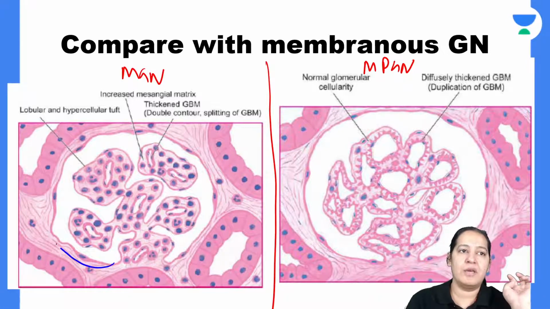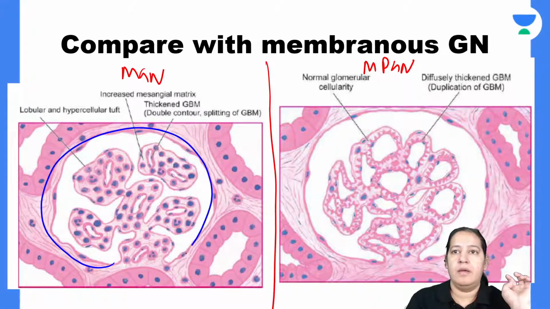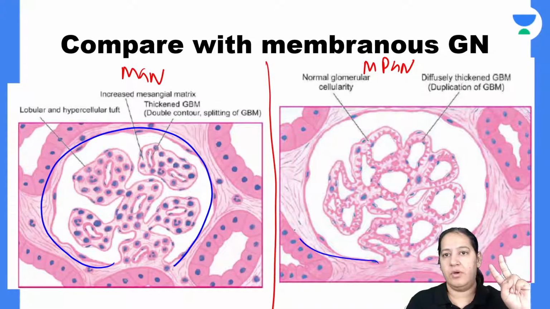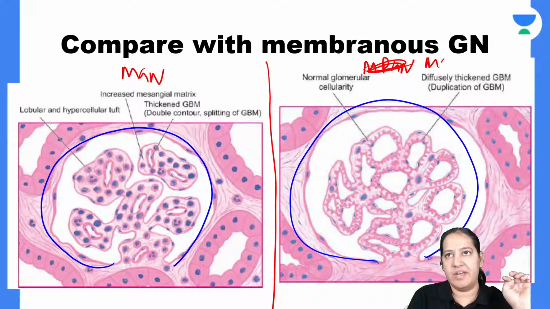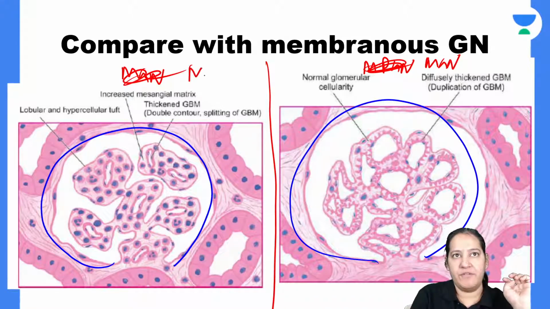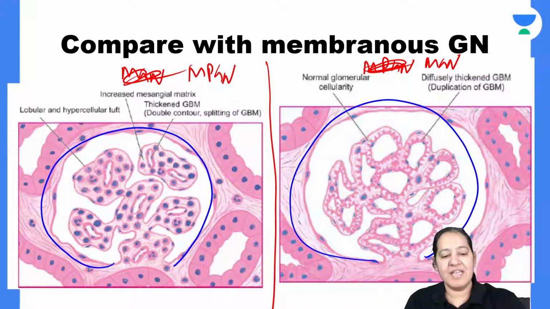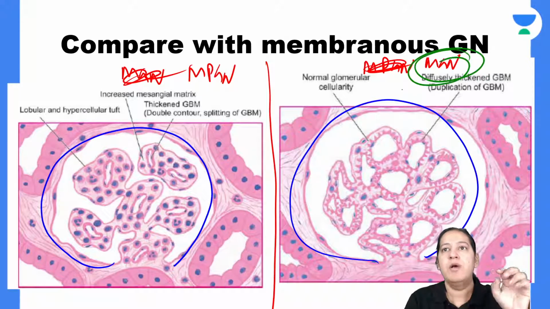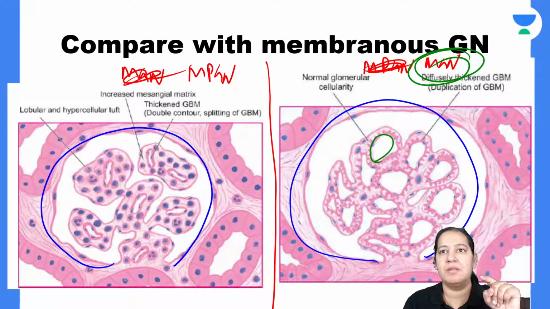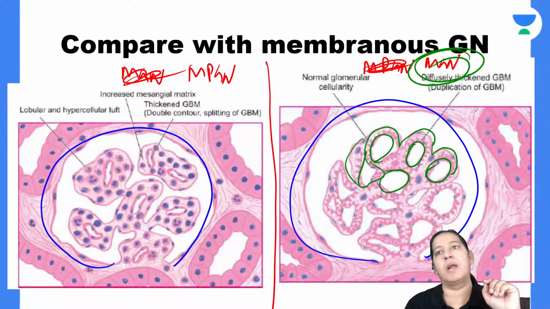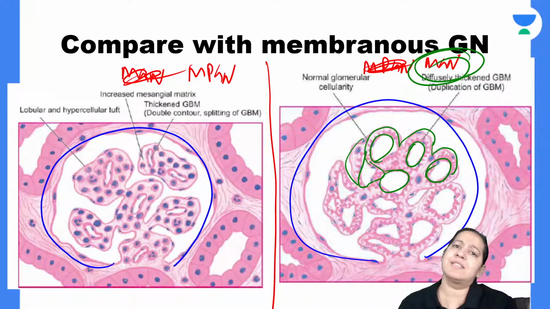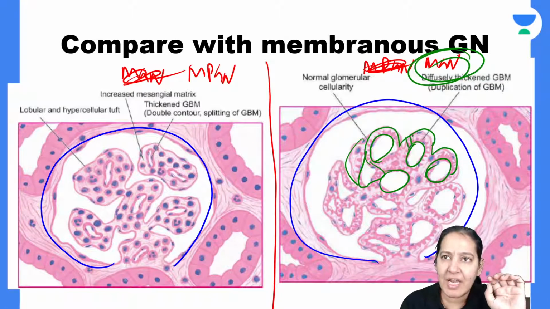So see this one. I have written it the wrong way round. I'm sorry. Let me correct myself. This is MGN, membranous, and this is membranoproliferative. Now first see MGN, that is membranous glomerulonephritis. You can see only thickening of the basement membrane. This basement membrane is thickened compared to normal. It is more clearly seen on PAS. It is thickened, but you cannot see the cellularity. Cells are normal. The inner lining is endothelium, the outer lining is epithelium. That's it. The only thing is the thickening of the basement membrane.